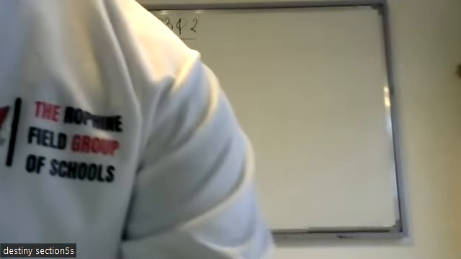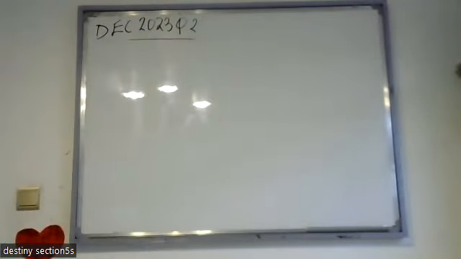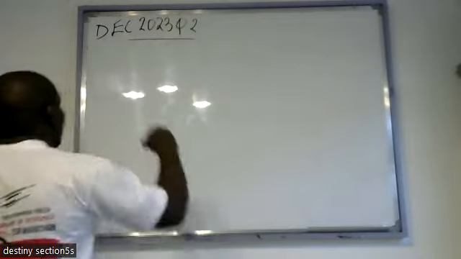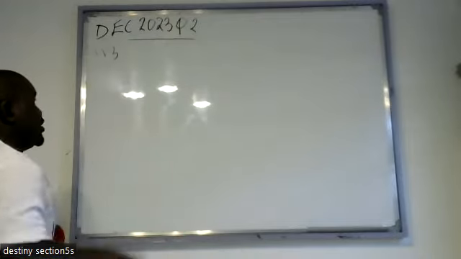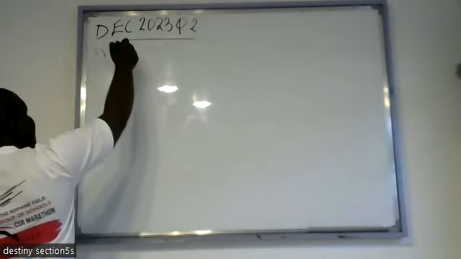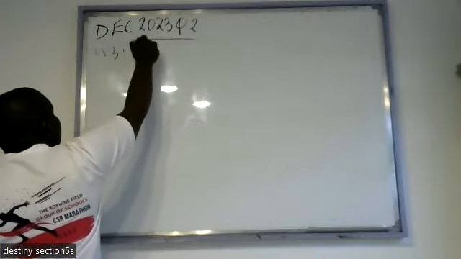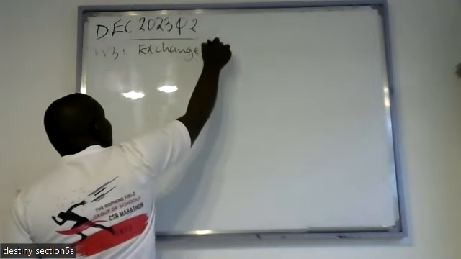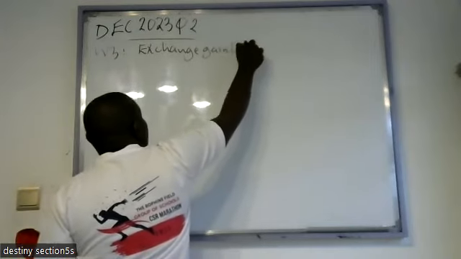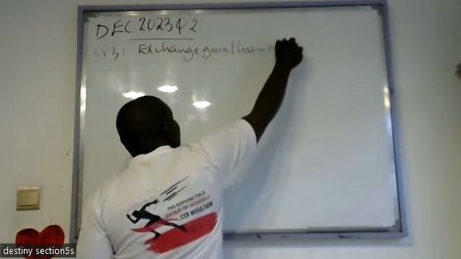Yeah, that one will solve my problems. So working 3, exchange gain or loss on holding the net